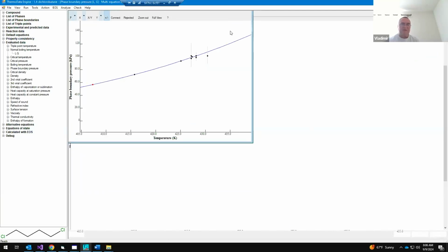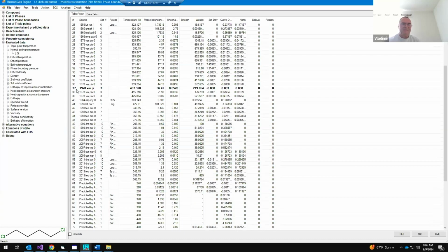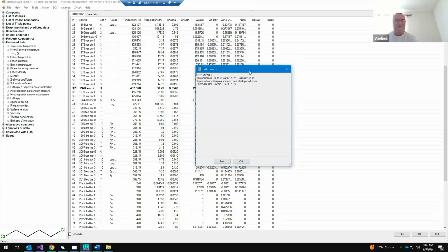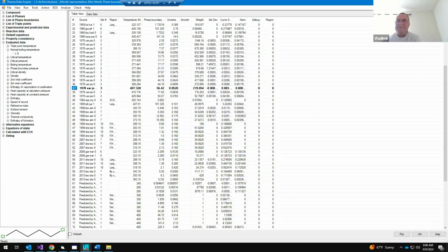Sorry, I'm lost a little bit because of this magnification. Let me see. Sorry, I don't know if it's well visible. Okay, so